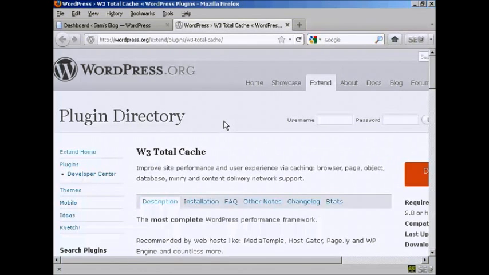A couple of points you need to bear in mind, because the W3 Total Cache plugin can be a bit tricky to install and to set up. First and foremost, you must make sure that any other caching plugins that you have on your blog have been deactivated and deleted. Otherwise you're going to run into compatibility problems when you try to enable this particular plugin. So you want to make sure that all traces of any other caching plugins have been completely removed